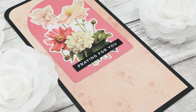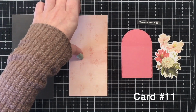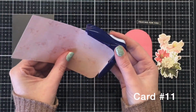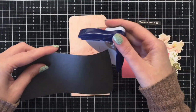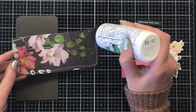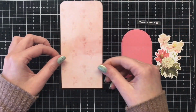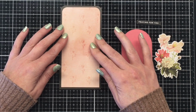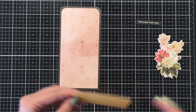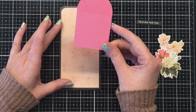Card number 11, this is a very simple card design. Again, I'm using that black piece of coordinating paper. I decided to corner round the 2 top corners for this card, just for something a little bit different. I'm going to use that same peachy blush pattern paper, and then I used one of my, this is from